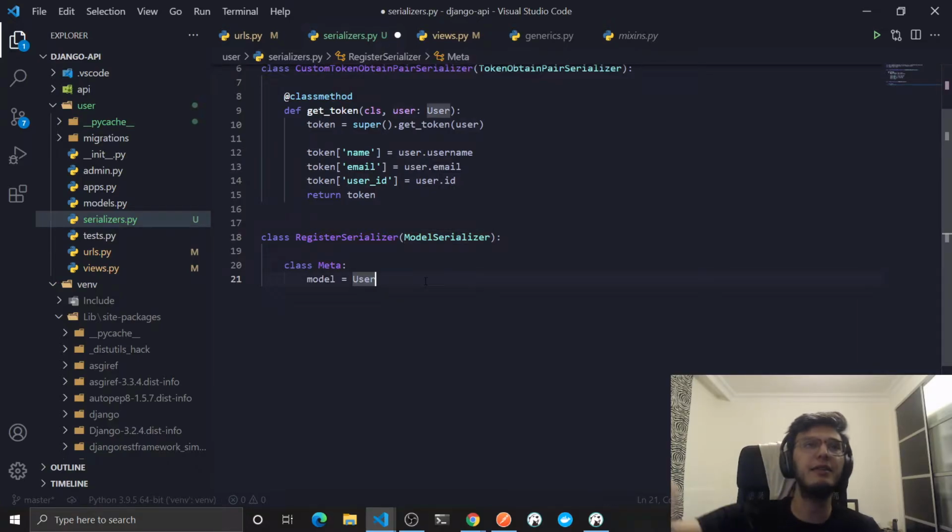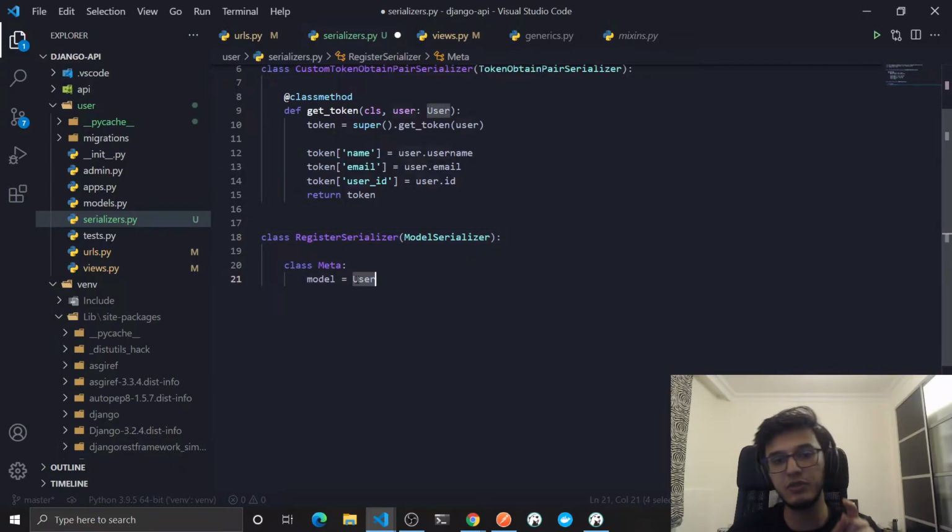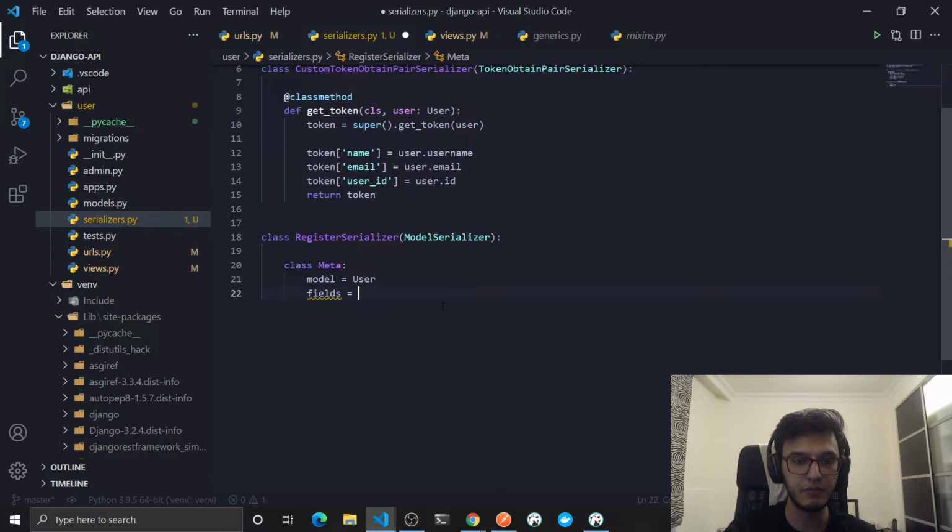So if I am creating a user with this endpoint, the data sent to this view using this serializer will be used with the user model to create an instance and save it in the database. Okay, so the second thing we need to tell it is which fields from the request body it should be using to create a user and put it in the database,